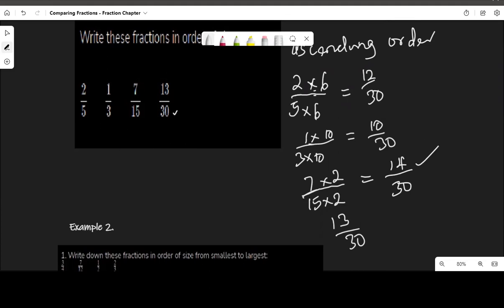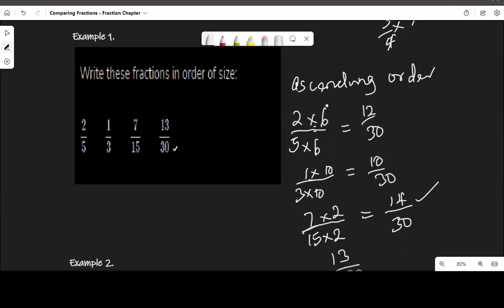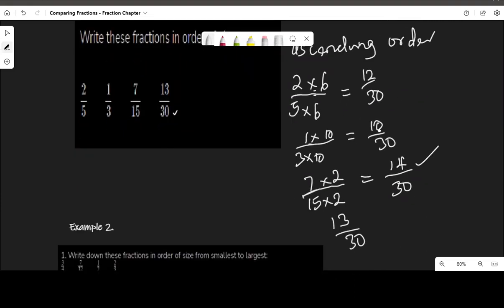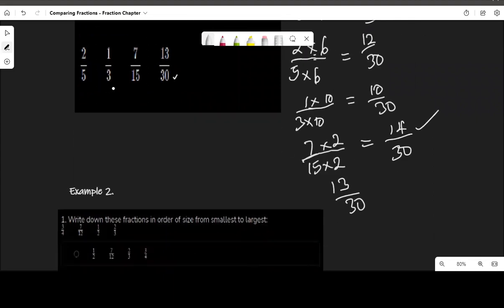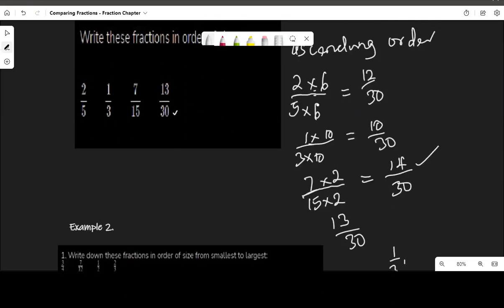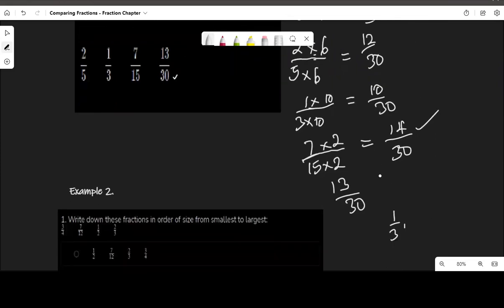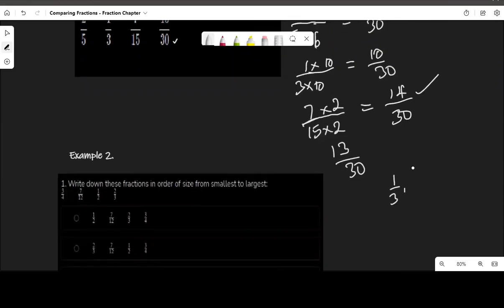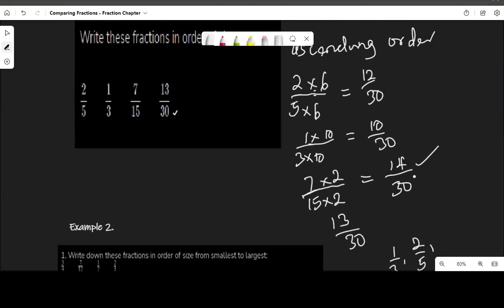So if we are going in ascending order, we will start from the least to the highest. So the least here is 1 over 3 because the numerator here is 10. So the least fraction here is 1 over 3, followed by 2 over 5 because the numerator is 12, which is smaller. So 2 over 5, followed by